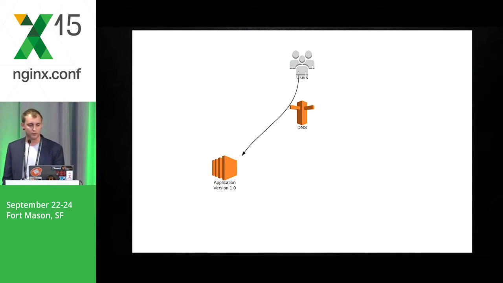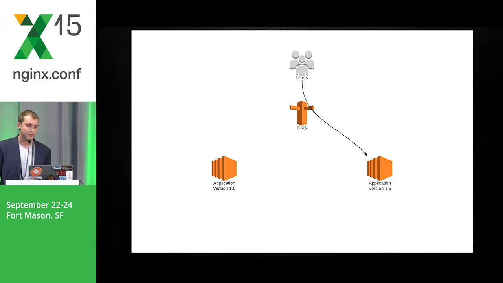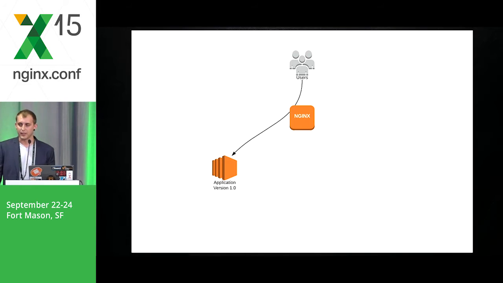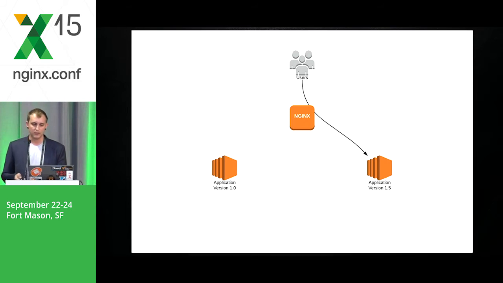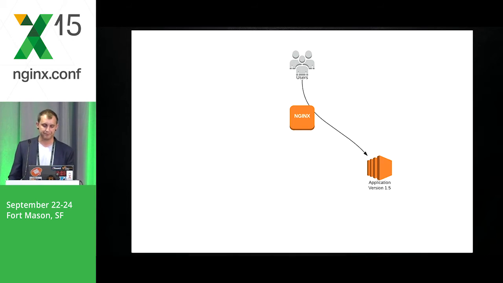So this is a quick diagram of what Blue-green might look like. You have application version 1.0, application 2 spins up, you switch traffic, and the old version goes away. Same idea with, say, NGINX. But the idea here is that NGINX is able to do this a lot more cleanly than DNS because we don't have to wait for things like TTL. There's a lot of inconsistency around that. You don't know exactly when things are going to switch, what application servers are going to switch at what time, etc. So this is why doing it with NGINX is the preferred way for me.